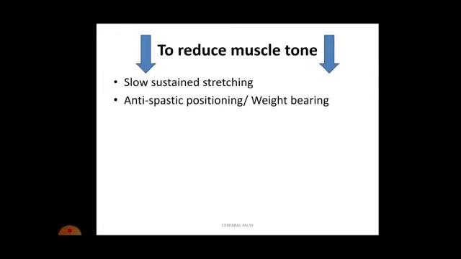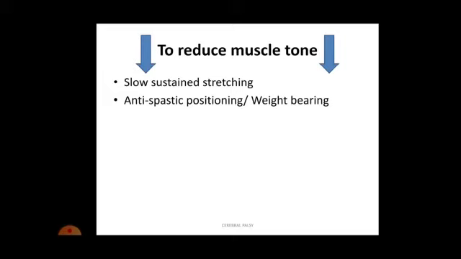Then anti-spastic positioning or weight bearing. For example, we have spasticity present in the flexors of the wrist. Okay, so these are the long flexors of the forearm. If they are spastic, we have to stretch them and position the patient in such a way that they are in a stretched, lengthened position. For example, you can think of the quadruped position where the long flexors of the forearm will be stretched for a prolonged period of time. Or you can simply give weight bearing in sitting also, in such a way that the wrist is maintained in extension. So this weight bearing activity will reduce your muscle tone,